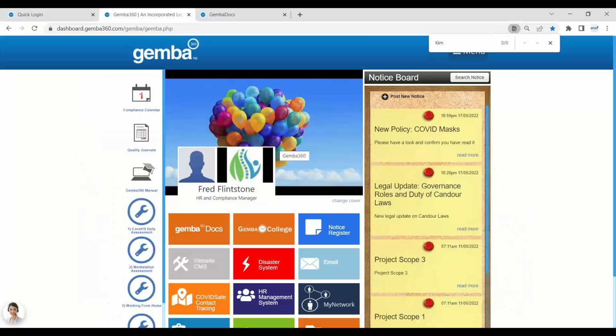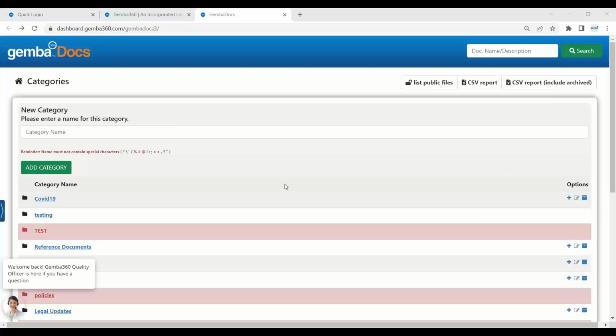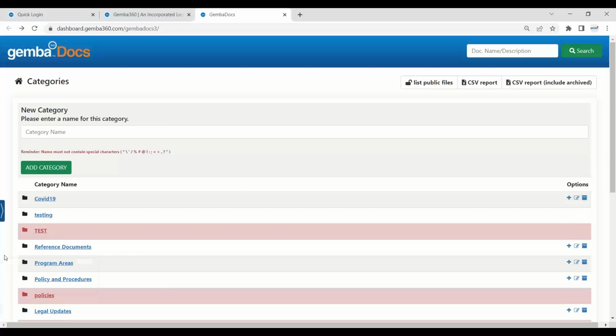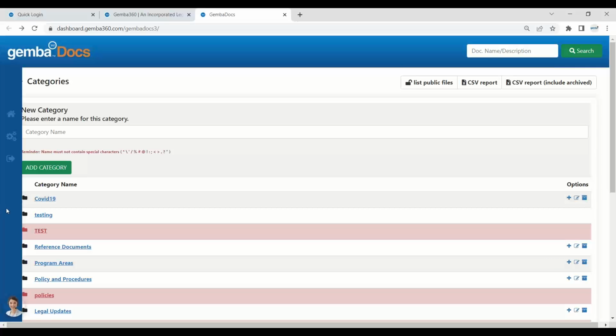Now, when we jump into gemba360, and I'll just bring this up here. Here we go. Okay, so when we jump into gemba360, we can click on gemba360. Now, where I can go to view the permission levels is right in the left-hand side of the toolbar. Here it is, and you'll see a little arrow. You can see a little slider menu that pops up here. That's the permission levels bar. Now, if I go in here,